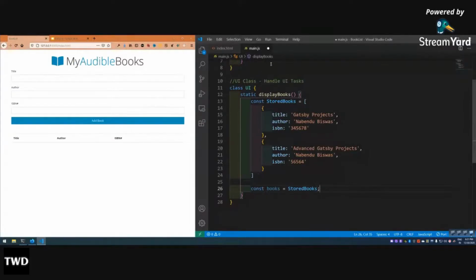So we have called this function, meaning this stored books array, we have just copied it here, because we're soon going to change it, that's why I have copied it. books dot,